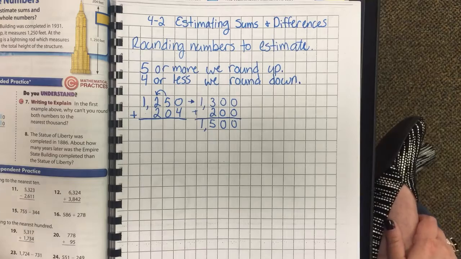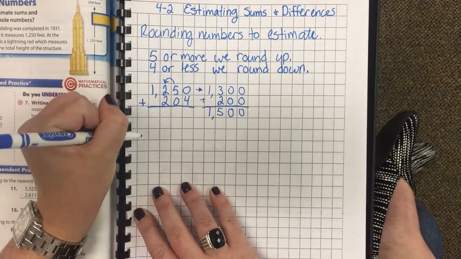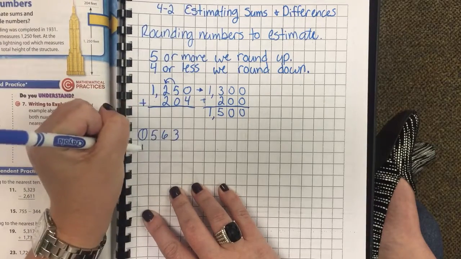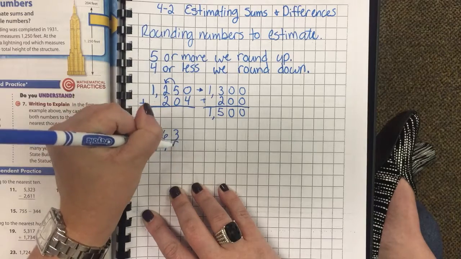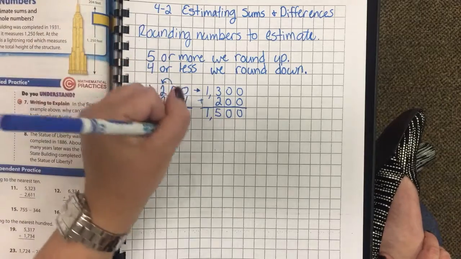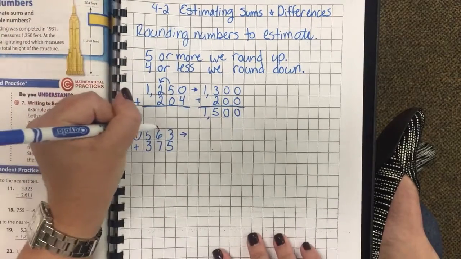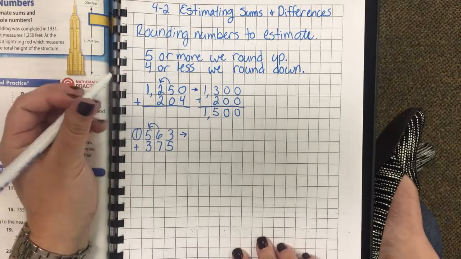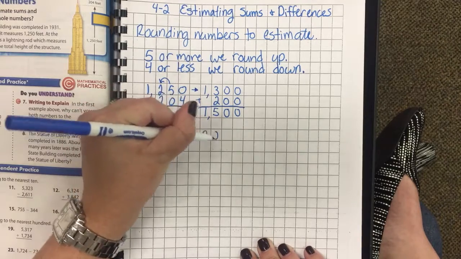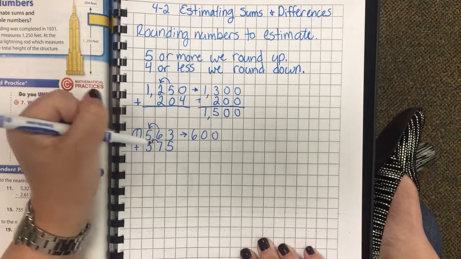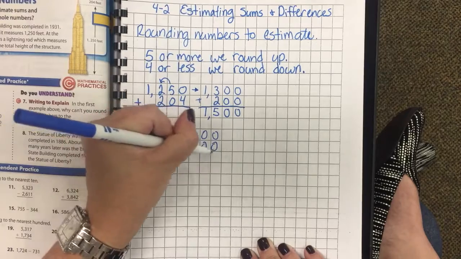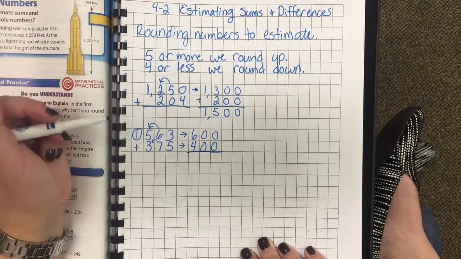So if I'm looking at number 1, where it is asking me to add 563 plus 375, I'm going to round these to the nearest 100. That 6 is going to change the 5. So 563 gets rounded to 600. And 375, that 7 is going to change the 3. So 375 becomes 400. Well, now 600 plus 400, 6 plus 4,